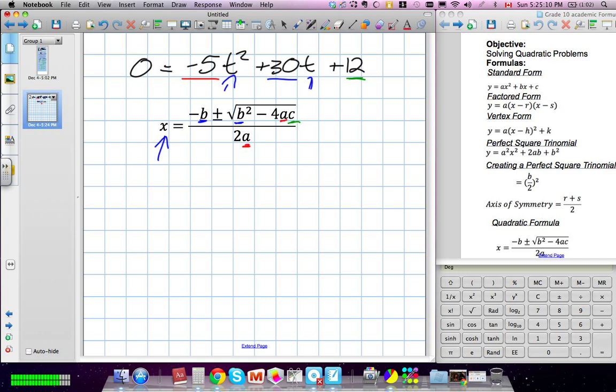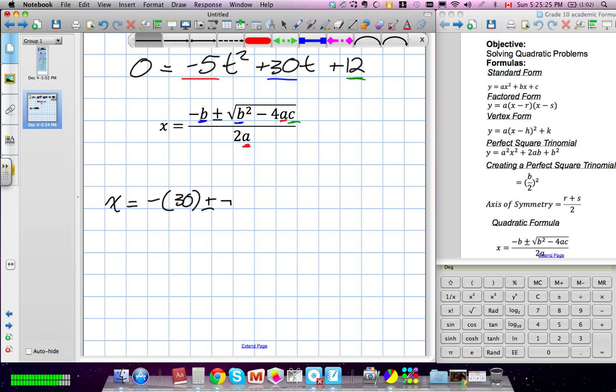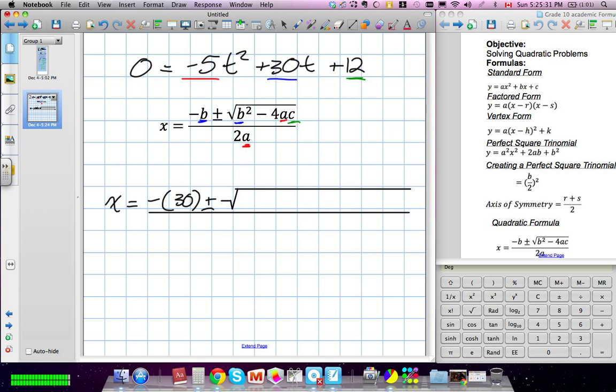So we get x is equal to negative, now b is 30, plus or minus the square root. We know it's going to be divided by the square root of b, which is 30 again, squared, minus 4. Our a value is negative 5, and our c value is 12. Underneath, we have 2 times a again, which is negative 5. Okay? We're going to get negative 30 plus or minus